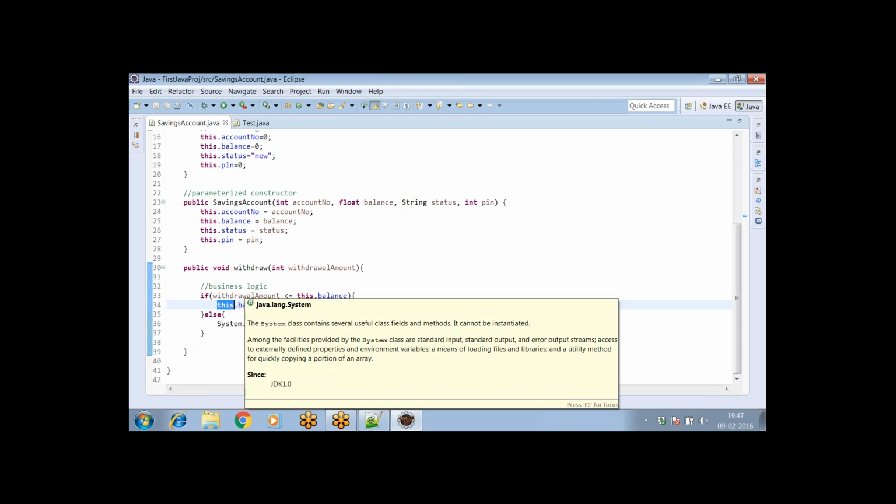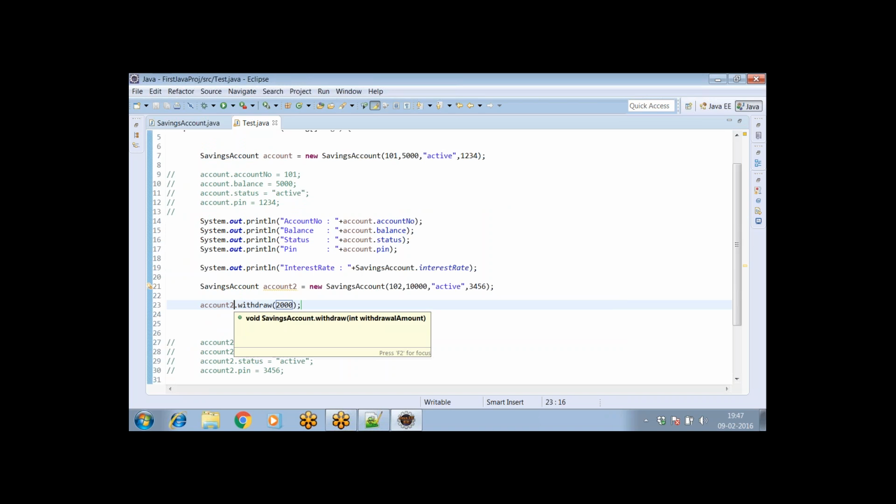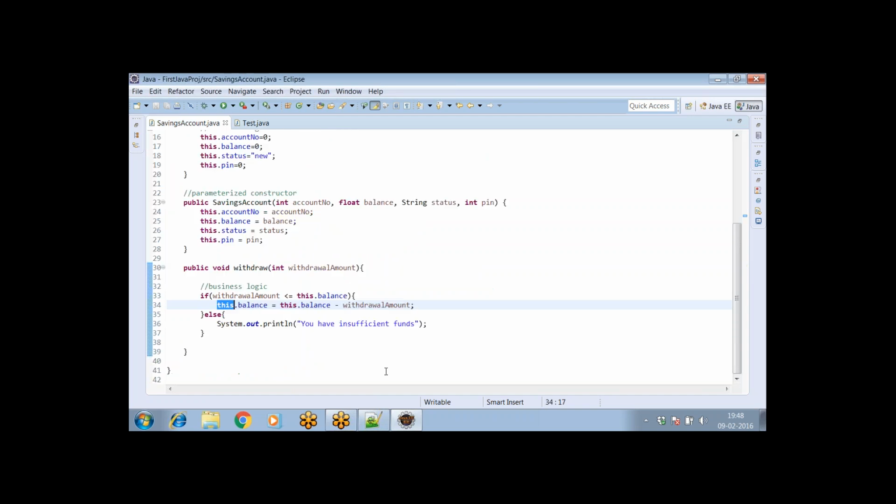Yes, it refers to the first account object, the first savings account object. Suppose here, if I do this, account 2 dot withdraw, then what happens? This in that withdraw method, it refers to which object? Yes, the second account object,